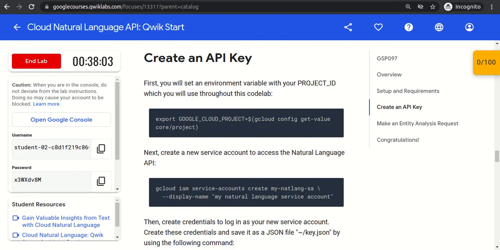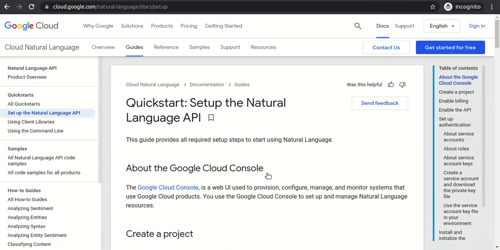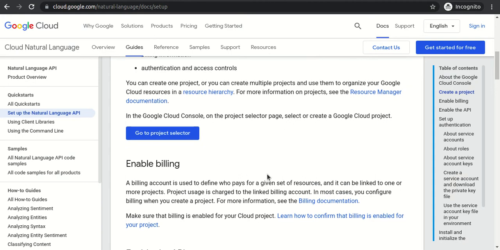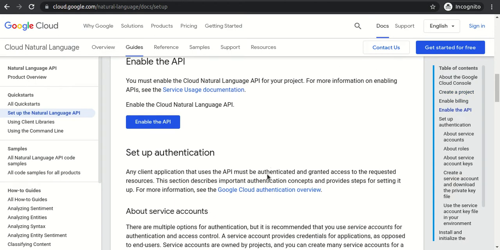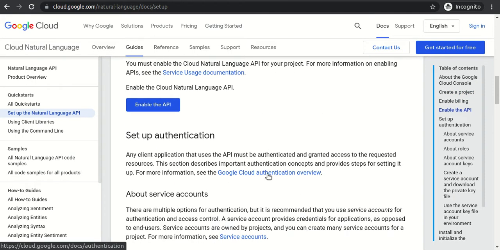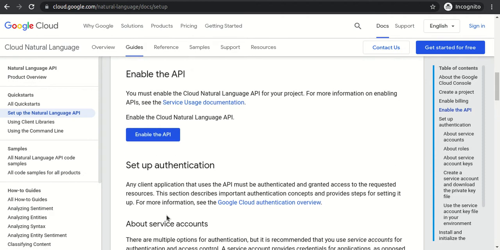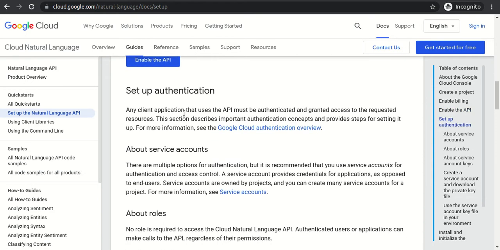But let me show you some authentication. So this is the Cloud Natural Language API. Setup authentication.